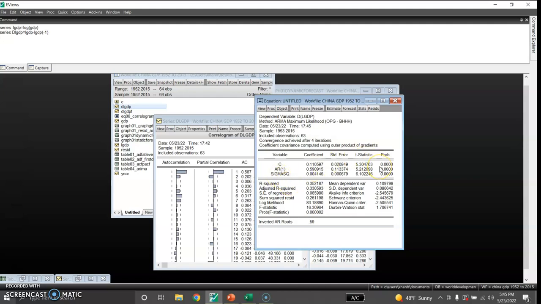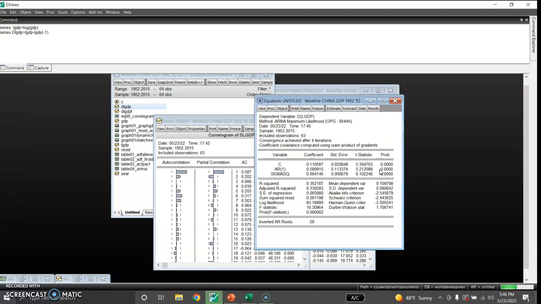So all these coefficients are significant at the 1% level, and this is the final model of the LGDP sequence, ARIMA 110, and this equation displays the specific form of the model. So the equation can now be written as delta LGDP, that is DLGDP, the log of GDP in the first difference, is equal to 0.110597 as constant plus